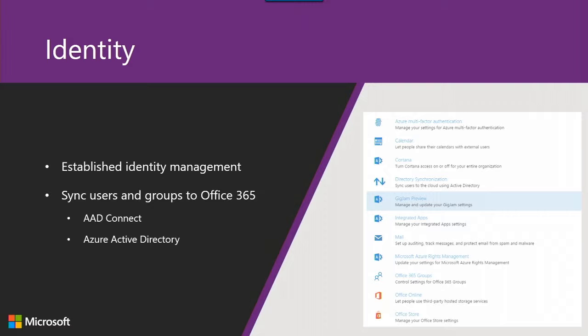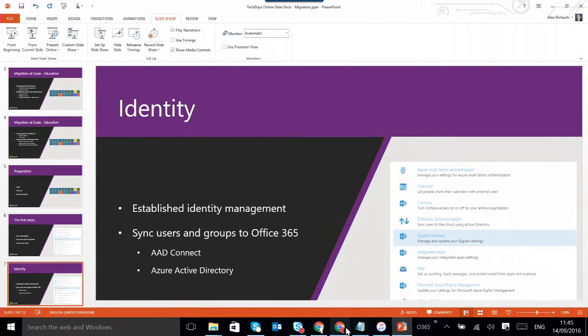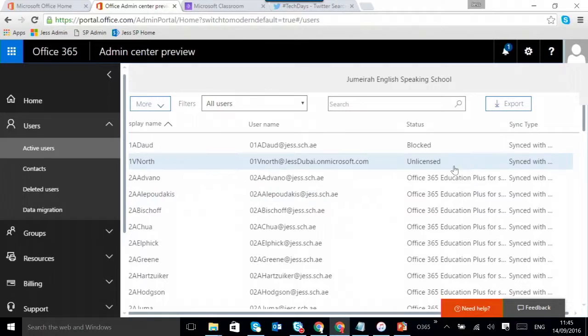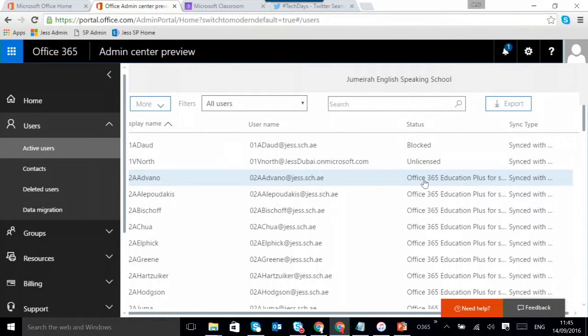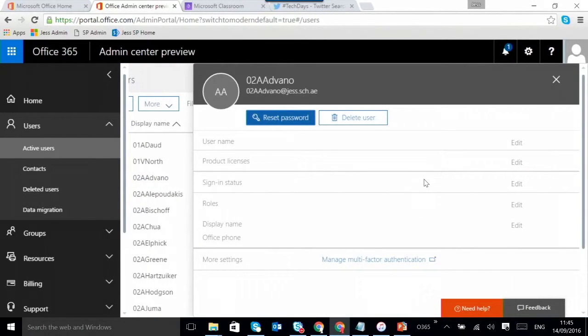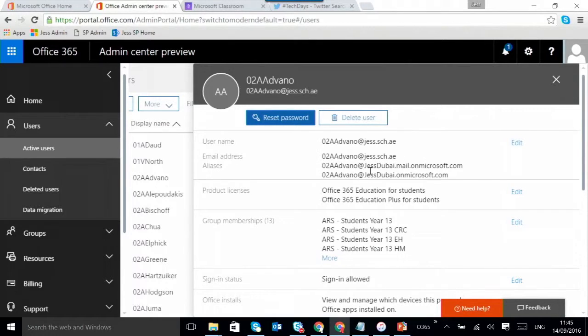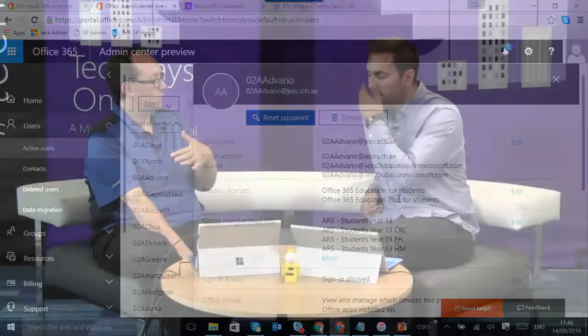Yeah. And if we take a look at the school here, if I just pick a user here, we can see the sort of licenses. So this student here has obviously got a license for Education for Students and Education Plus. Yeah. Now the difference is that Education has Office Online in it, and I think Yammer for academic and all the other bits and bobs.